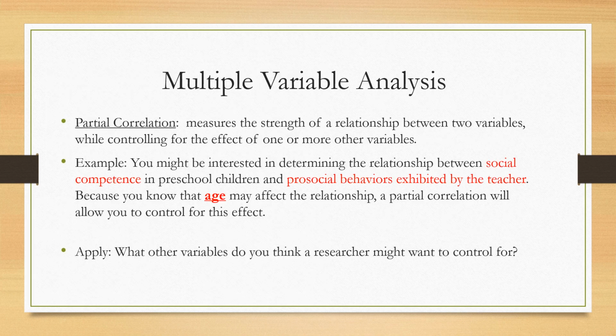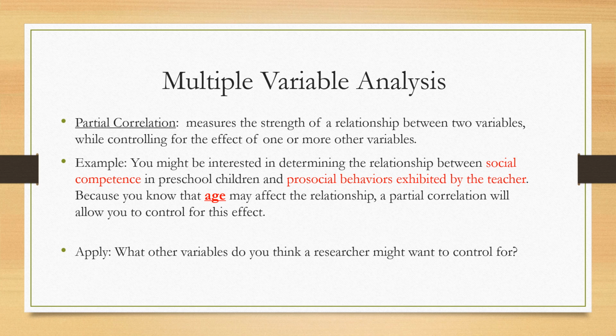In some studies, researchers may be interested in studying more than 2 variables. In this case, the researcher needs to determine the weight or impact of each variable. One type of multiple variable analysis is partial correlation. Partial correlations measure the strength of a relationship between 2 variables while controlling the effect of one or more other variables. For example, you might be interested in determining the relationship between social competence in preschool children and prosocial behaviors